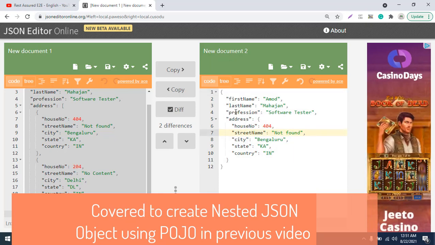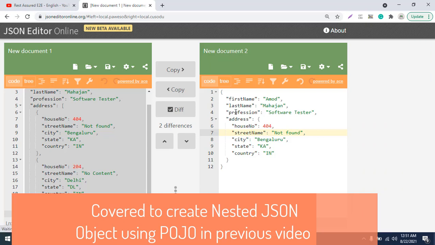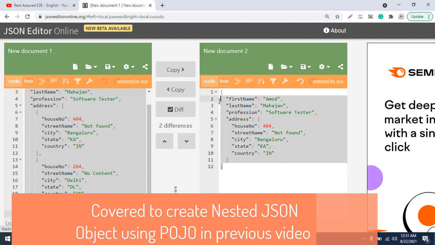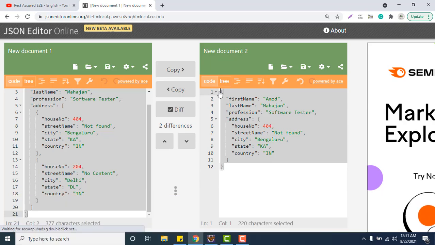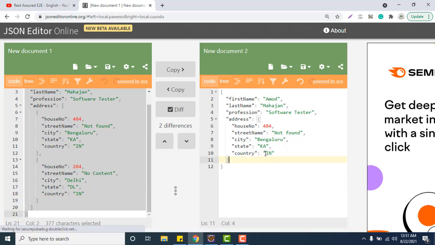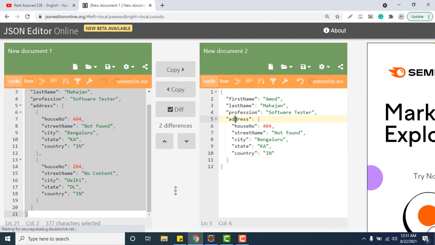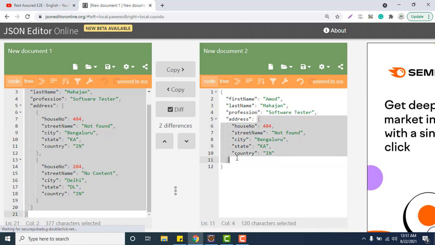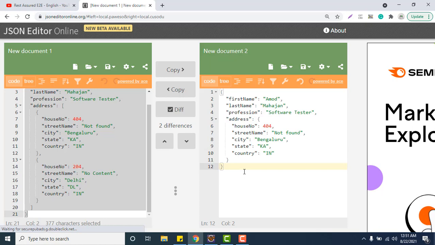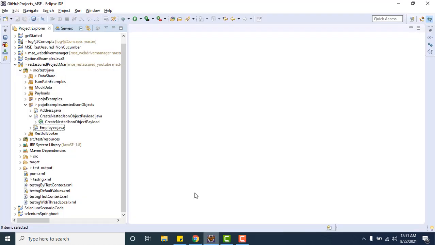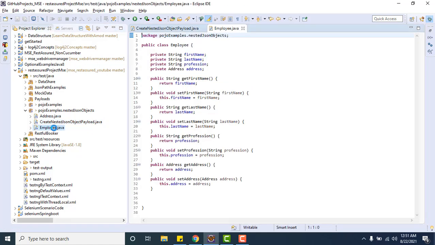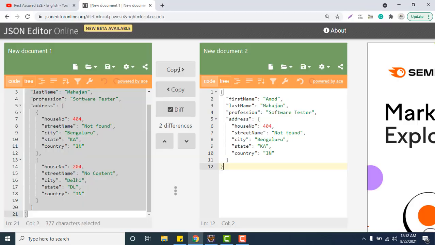If you have watched that video, I created two Pojo classes. One is the main or parent class, which holds all the objects or keys, and then we created another Pojo class for address, because this is also a JSON object. In the main class Employee, I declared the address key whose data type is Address, which stores only